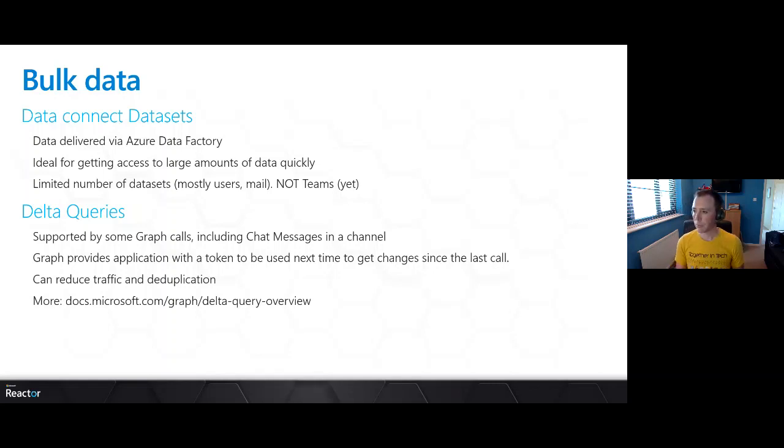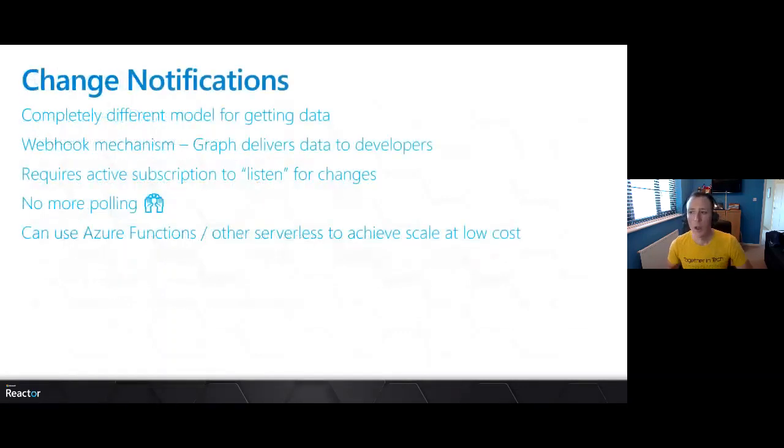And then the other thing that's worth mentioning as well: Delta queries. If your specific call supports Delta queries, then you should go look at them. A bit like the old sync, you get a token when you make a call that tells you how far you've got. You can supply that token next time, and you'll just get the difference. That can really help avoid polling where you've got lots of dedupe to deal with as well. So that's nice.